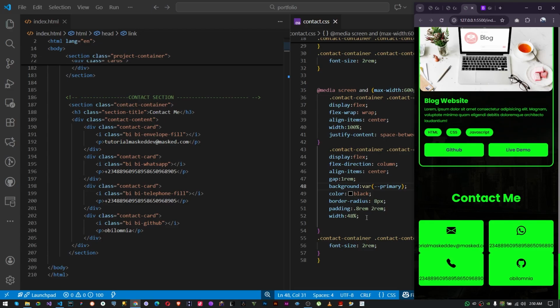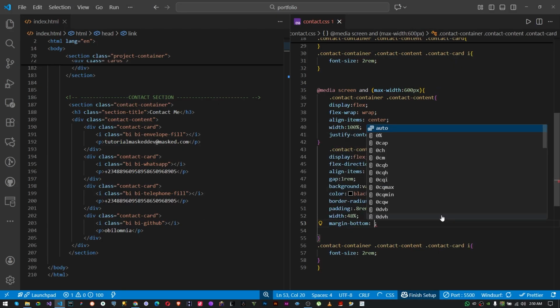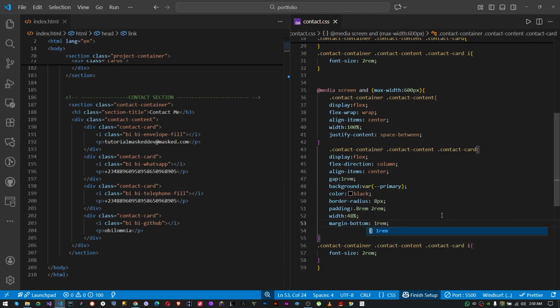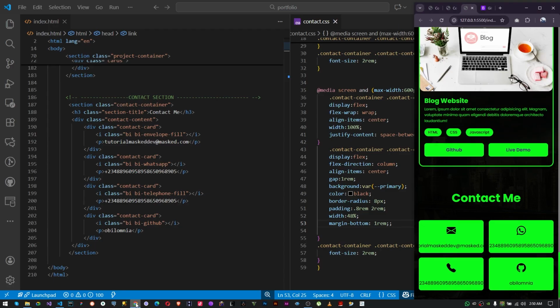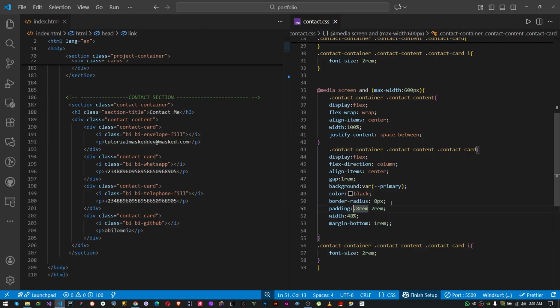So I just imagine button. If we say 1 rem, since it's 1 rem, let's make it 1 rem. It's gonna work real good. It's gonna be sensible. Now you see the fonts are not making sense. They are too big for it. So we're gonna have to reduce this padding to padding top and bottom. We're gonna make it let's say 0.5 rem, 0.5 rem, rem